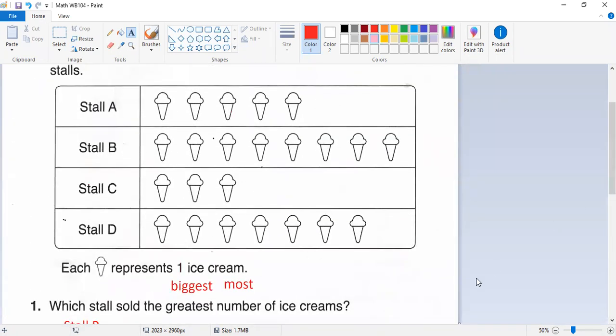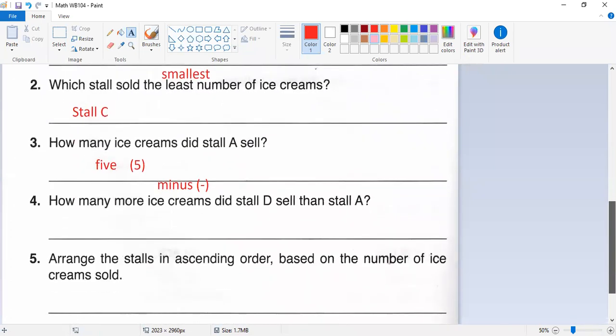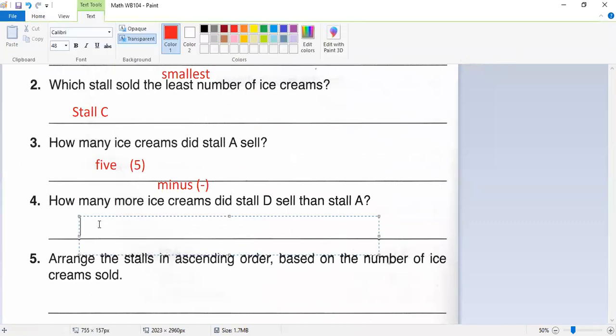So we go back up. Let's find D. 1, 2, 3, 4, 5, 6, 7. So it's going to be 7 minus stall A, which is 5. Stall D minus stall A. 7 minus 5. 7 minus 5 equals